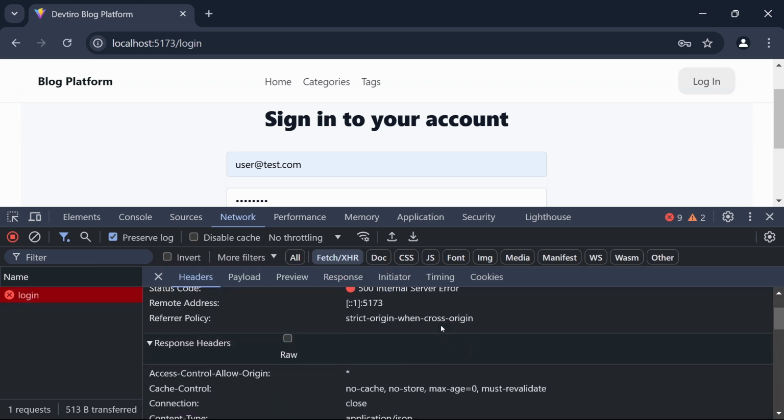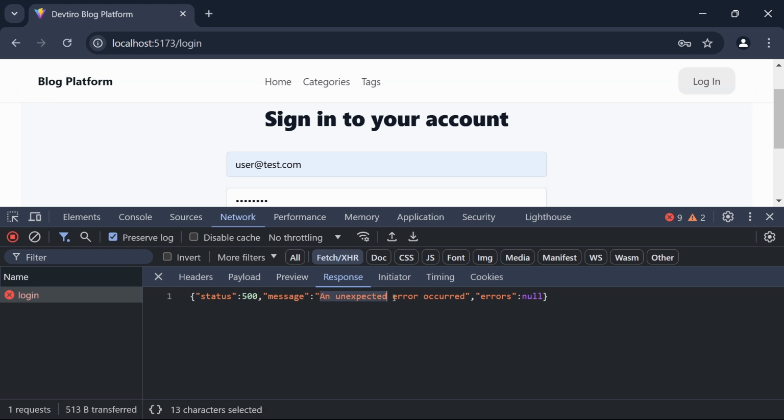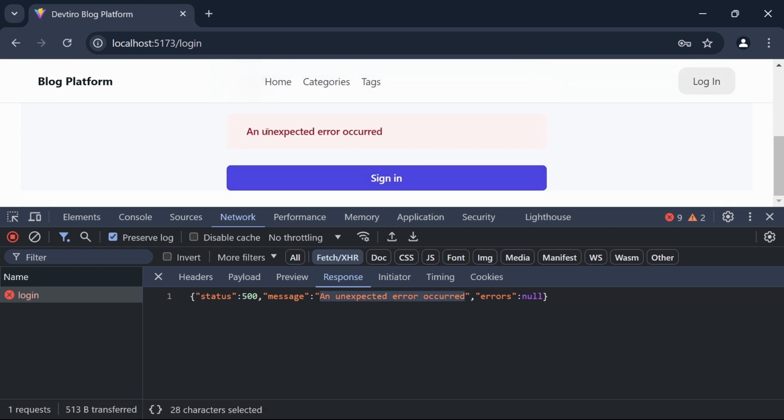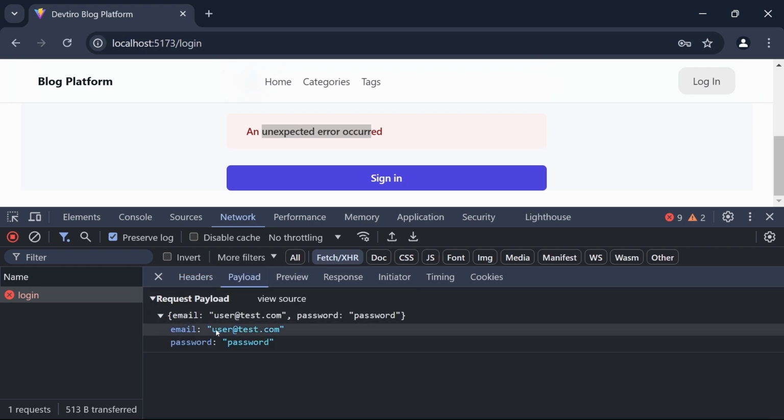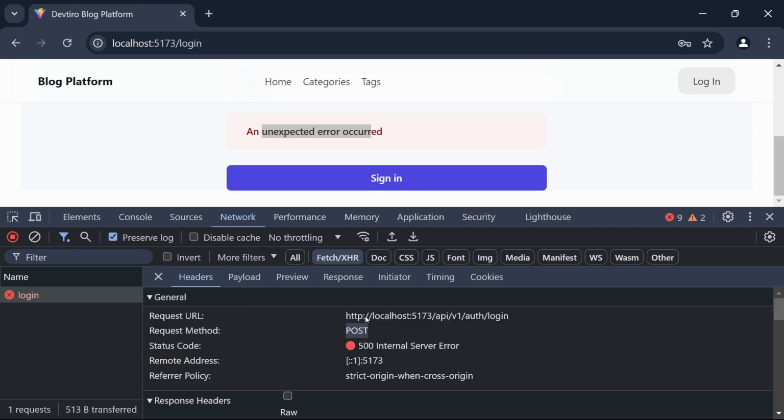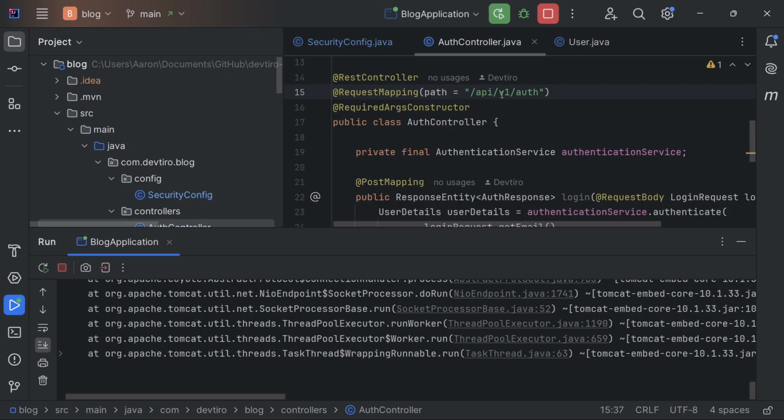Post 500, let's take a look at the response. An unexpected error occurred. Okay, our front end is displaying the error because it's in the standardized format, but it seems like we are getting a 500. That's not a lot to go on. So if we take a look at this request, we can see that the payload is sending the email and the password correctly. That's all correctly formed. We are using HTTP POST, but it appears I've made a mistake on the URL here. So the front end, as we initially designed, is using /v1/auth/login, whereas if we go back to our IDE, we've implemented /api/v1/auth. So it should be